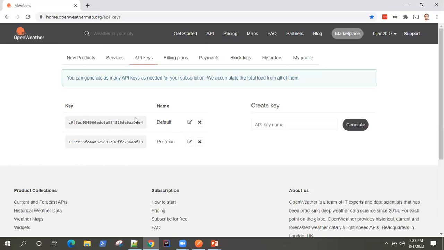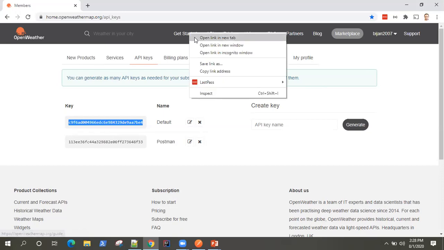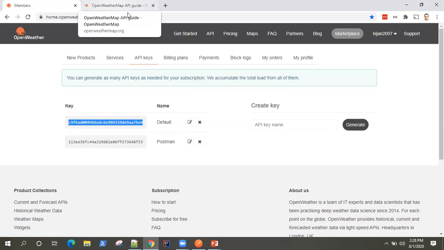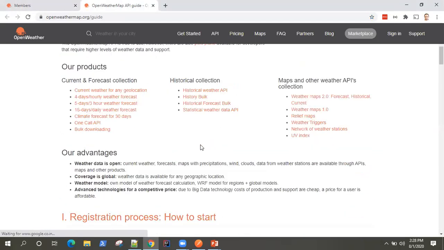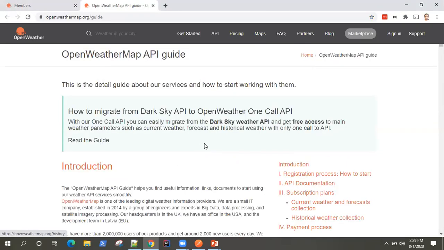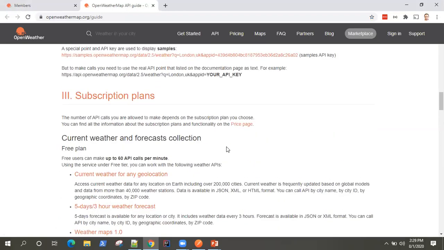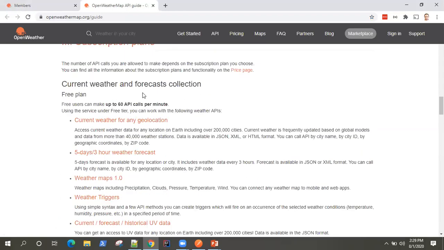So let's copy this, and we are going to use this. Let's open this API, or get started window, where we'll look at our first API and see how we can use it.